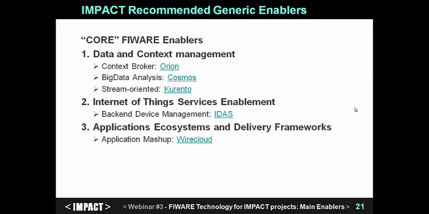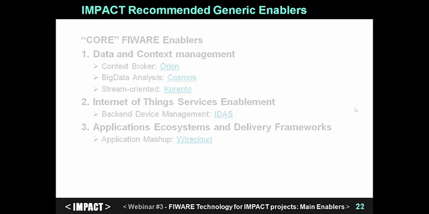And finally, as core enablers, we have WireCloud, which is an application mashup enabler. So mostly, we would say that to begin with one of these five enablers would be a good idea